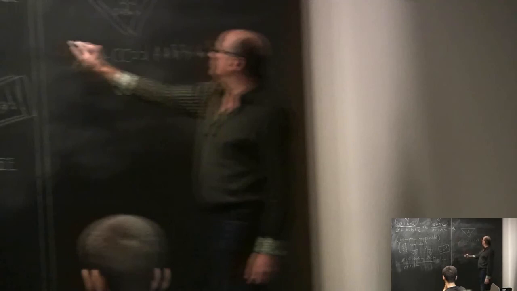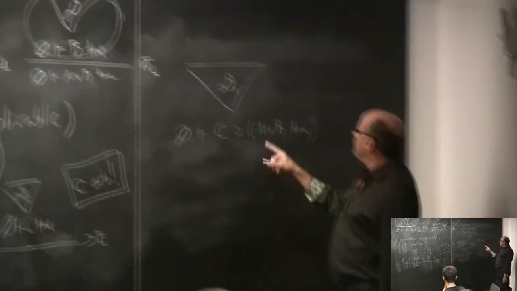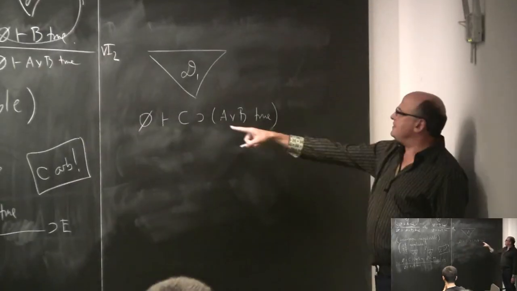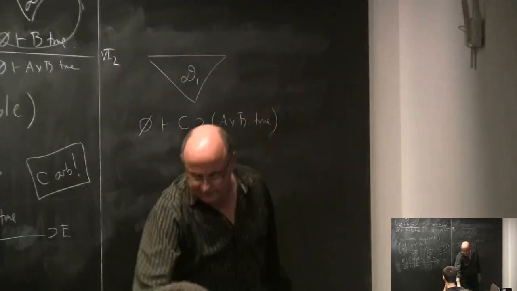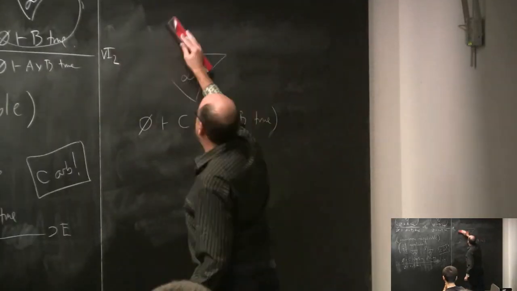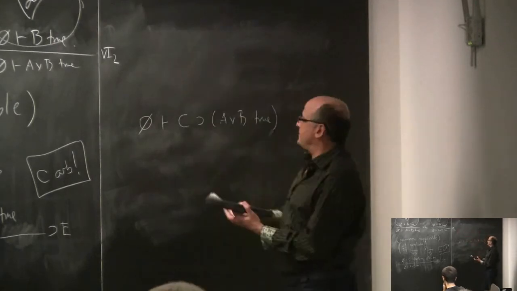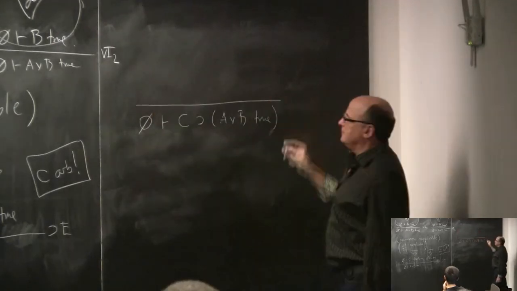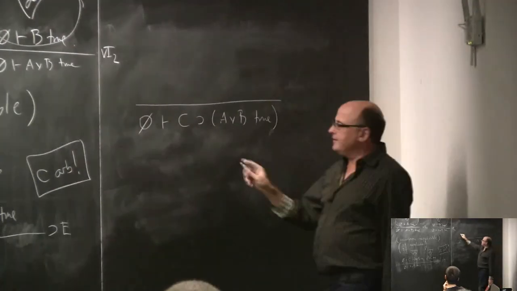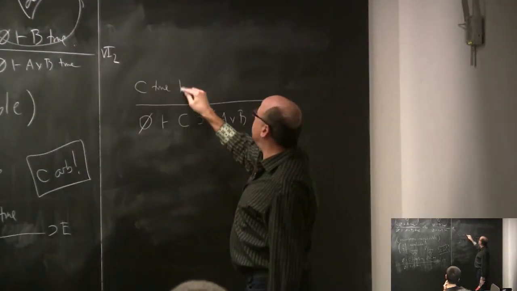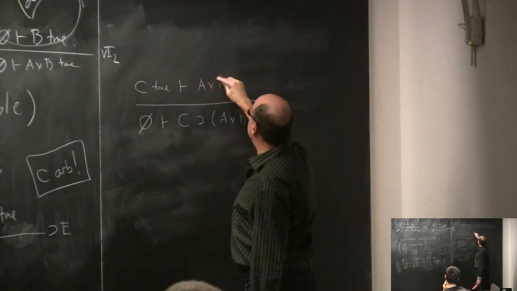What you would do is you would like to argue, well, wait a minute, how could you possibly have proved C implies A or B? You would like to say, oh, this must look like this. You would be wrong, but you would be right-ish. You would say, it must be the case that I can deduce A or B from C